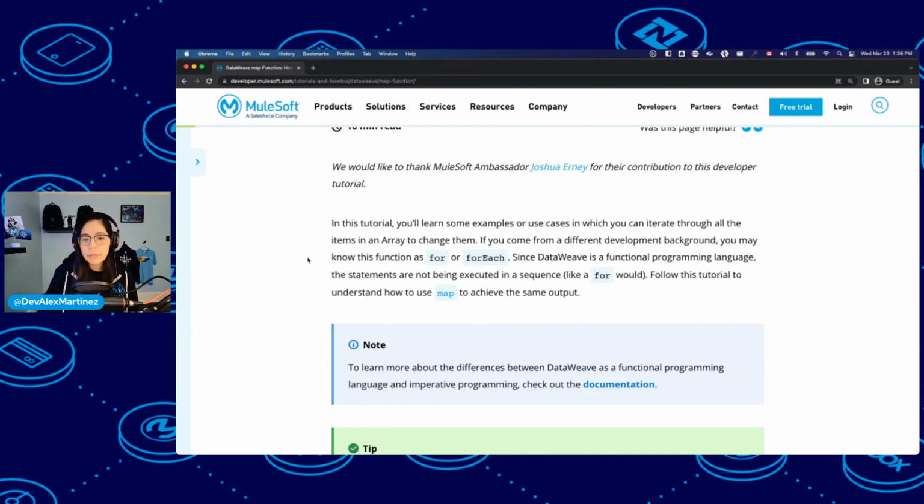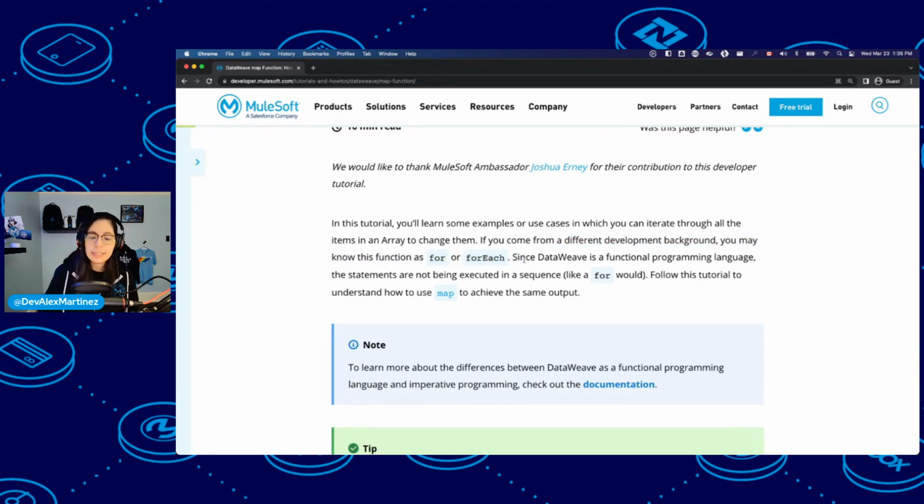That will be helpful for me to give you more details and to explain more or less how this works from that perspective. Because as it says here, if you come from a different development background, you may know this function as for or for each.